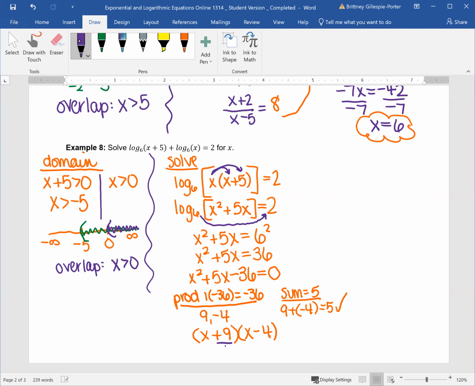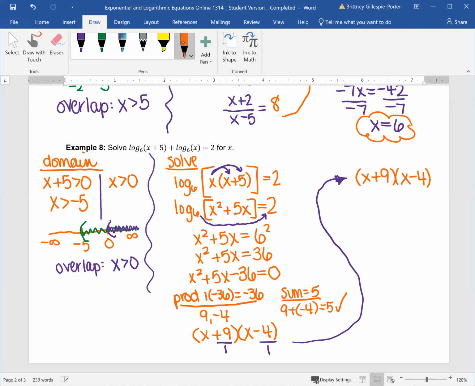Remember, with the bottoms up method, we would be dividing by a, which is 1. But that really doesn't change anything for us, which means that we have x plus 9 times x minus 4 equal to 0. Zero factor property says that if you have two terms multiplied together set equal to 0, one of them or both of them has to be 0. The first one, when we solve, we get x equal to -9, and the second one tells us x is